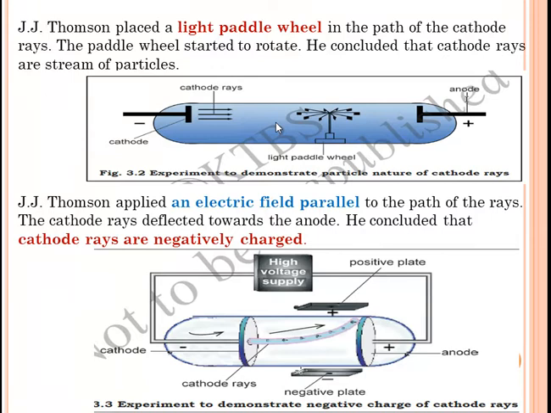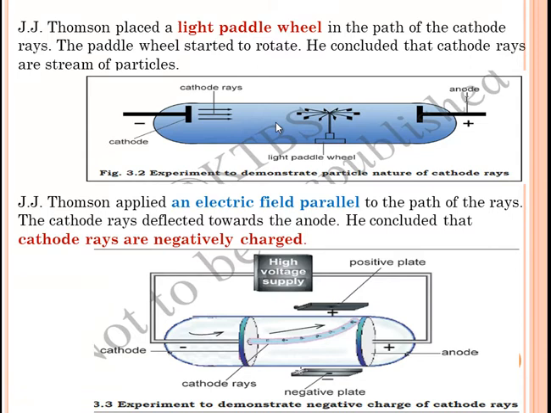Now what we can conclude: he has shown by his experiment that electrons are the fundamental particles. Means he has shown that the rays coming from the cathode are carrying a stream of energy, and they are moving towards the anode. So he named those particles as electrons. He proved that the atom is divisible and it is made up of very small particles. The first fundamental particle was discovered, that is the electron.